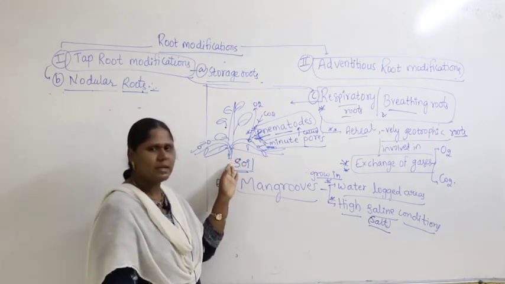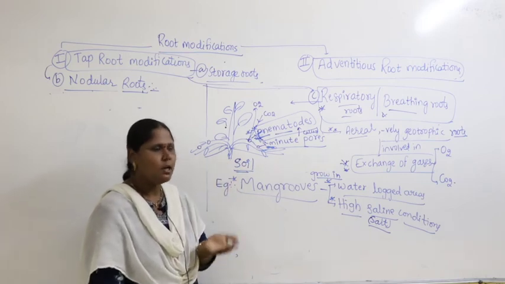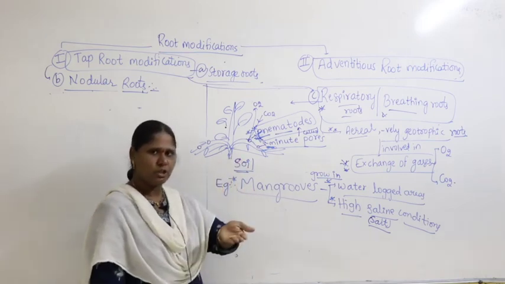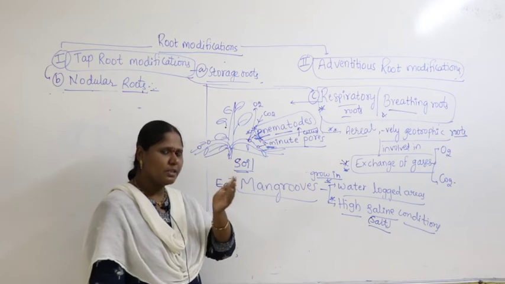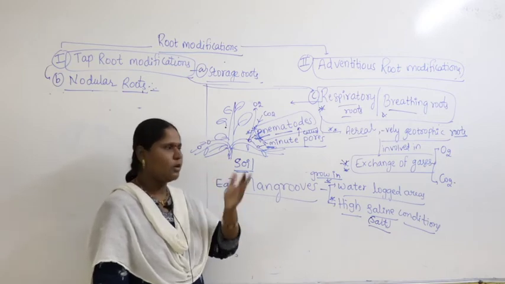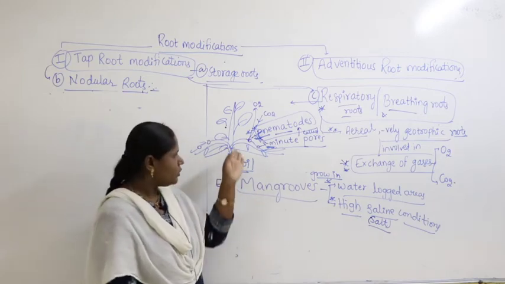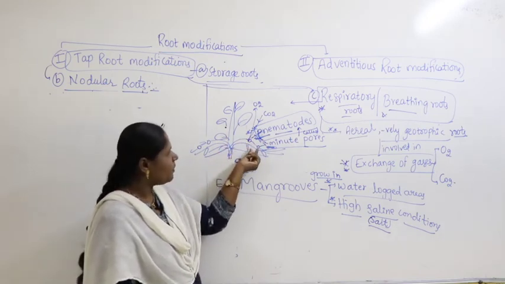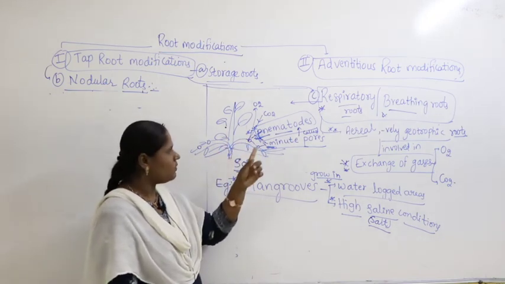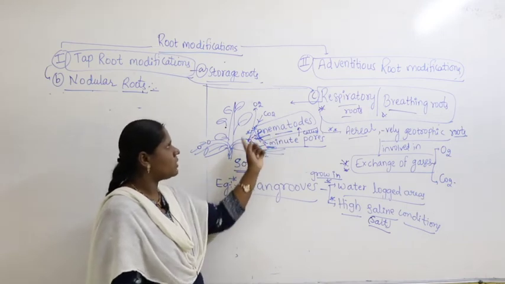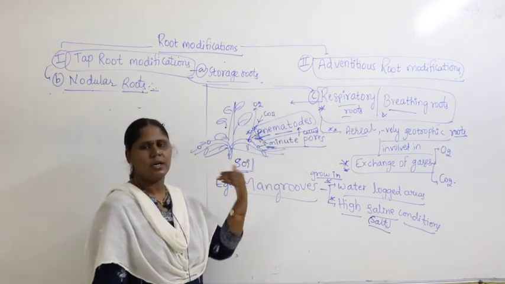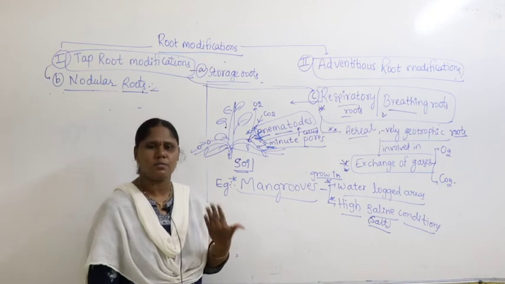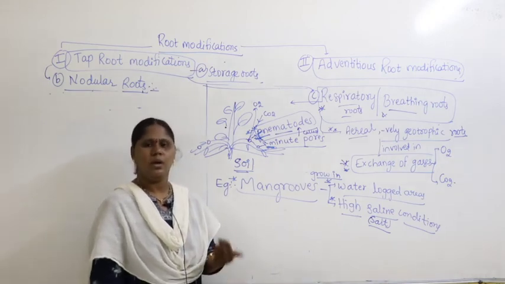The root growing inside cannot respire properly, so it makes its own modification. See how nature is doing the best part here. The root itself will modify. Instead of going down, the root comes aerial and forms some openings, as per its need, called pneumatophores, in which gaseous exchange takes place so that roots can respire and grow, right.